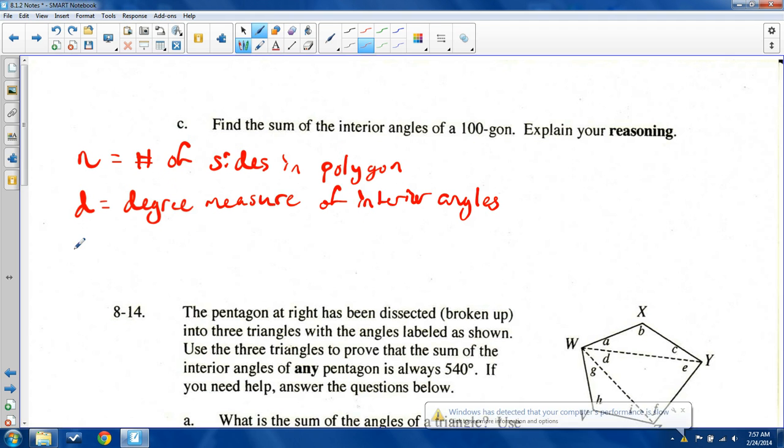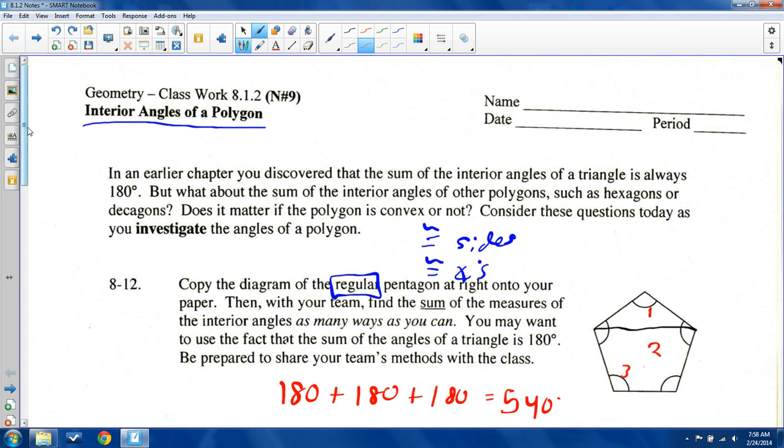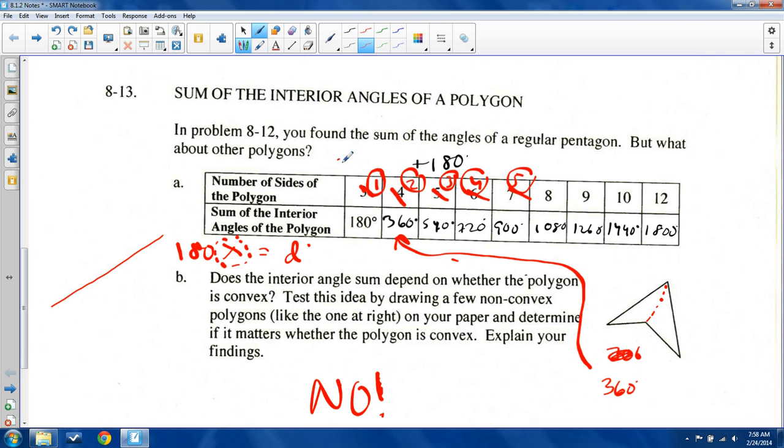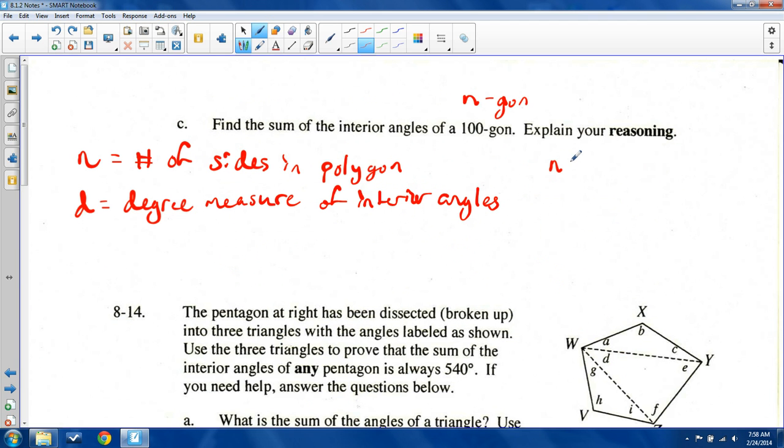Anyway, if d is my degree measure, I'm going to use this to first make a conjecture. I'm not even talking about 100 yet. I'm talking about an n-gon. If I have an n-sided shape, how do I get the degree measure? Well, remember, if I take the number of sides, like 3, a 3-sided shape, I subtract 2 from 3 and get 1, multiply 1 by 180, and I get the number of degrees. If I take a 4-sided shape, subtract 2, I get 2. Multiply by 180, etc. So if I take the number of sides, n, whether it's 3, 4, or 100, and I subtract 2 from it, I take n minus 2 and multiply that by 180,